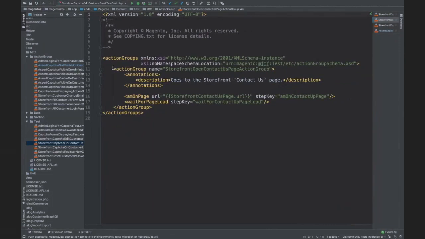So most of the guys, when they started to work with action groups, thought that these action groups should cover everything. That there is no sense in creating action groups with one or two small actions, which are easy to write, easy to copy paste. They started to write really big pieces of code, especially create product. In one single action group, they started to put an open page action, they put open tabs in the product form, fill all possible fields in this form, and in the same action group they had sign in, click the save button, and assert that the success message would appear. And everyone created those action groups so big, giant,